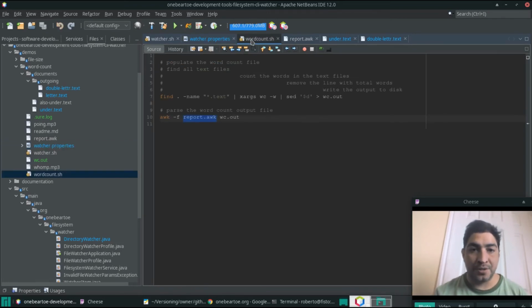What does word count do? It populates the word count file by finding all text files, and then it counts the words in those files using xargs and wc, and then uses sed to remove that last line, which is the total words in the whole file, and then it writes it out to disk. And that output file